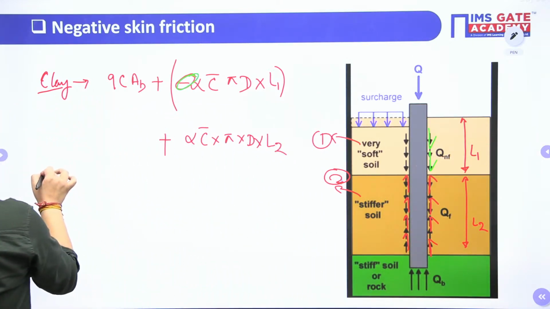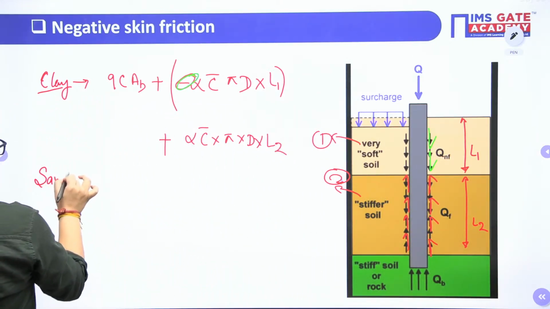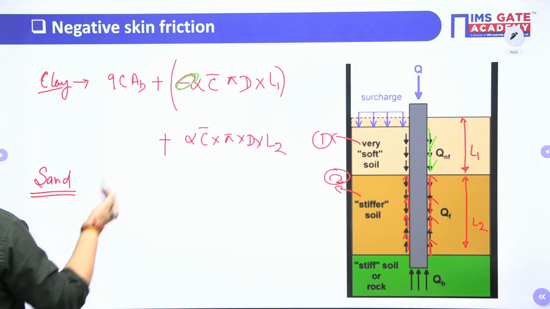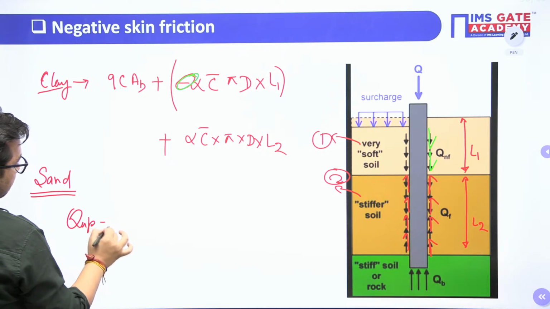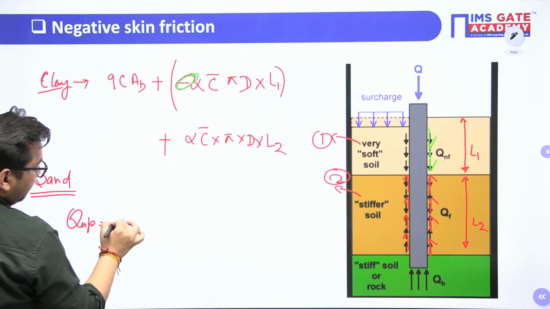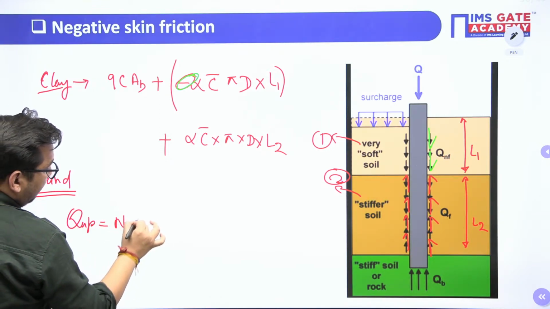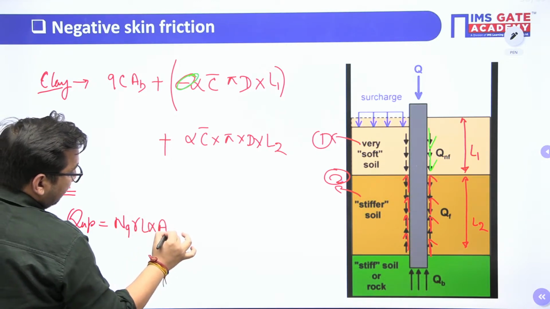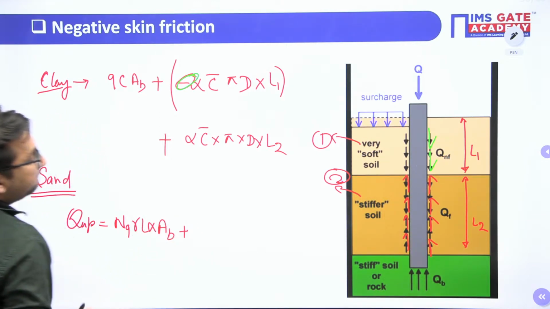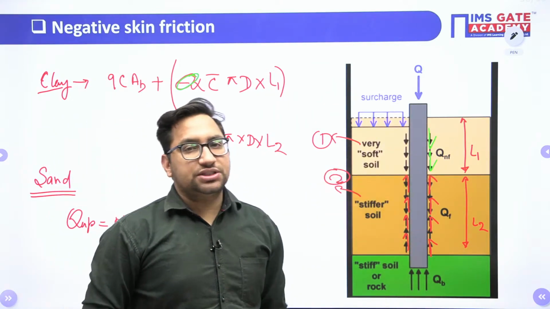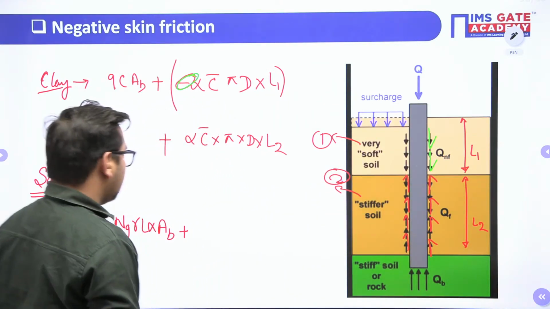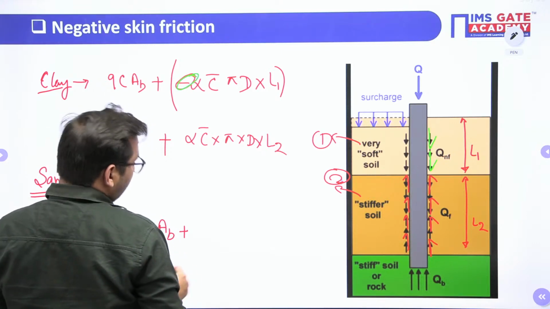How to write it for the case of sand? So in case of sand, for the end bearing resistance there will be no change. So it will be N_q into gamma into L into AB, plus there will be a change in side friction. What will be the side friction? Side friction, we know, will now be